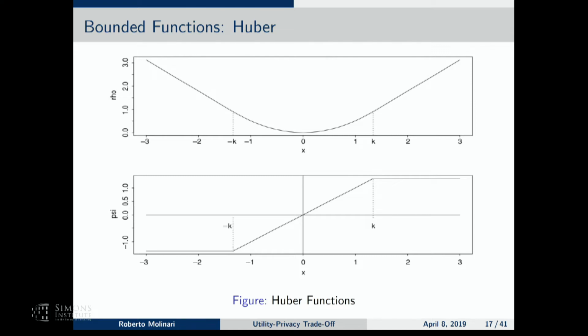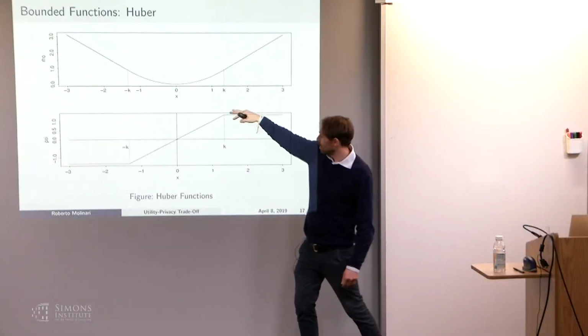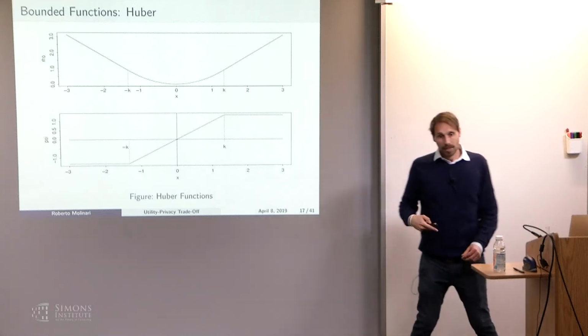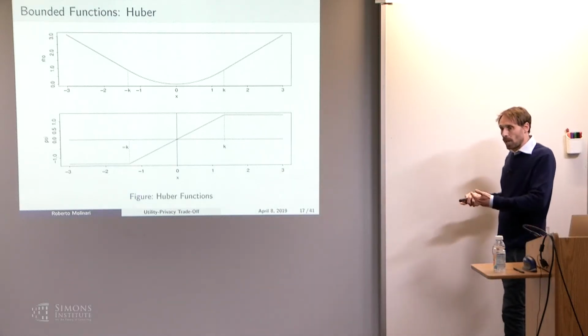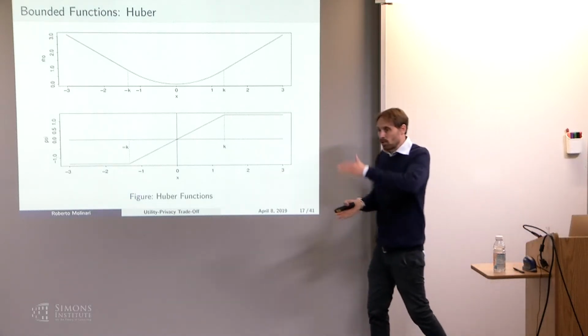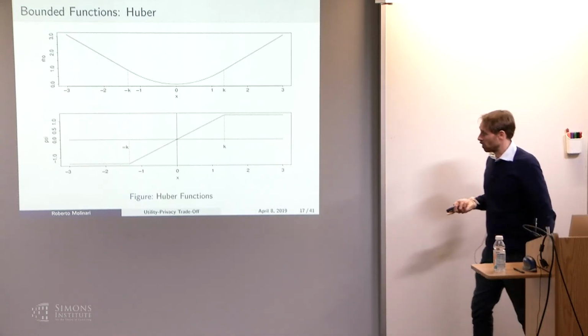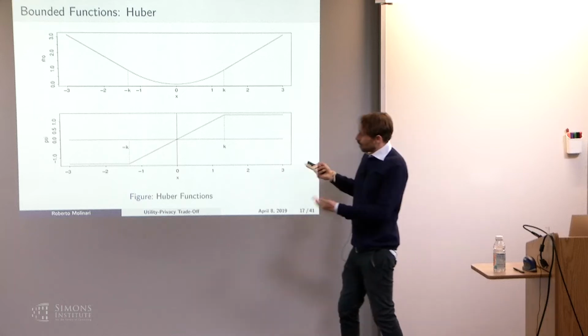If this goes to 0, it becomes linear, and so we have an L1 problem. In this case, as you can see, the derivative is bounded between these two values determined by k. So the idea is we apply a bounded function in order to bound the sensitivity and the influence function of my estimator or my algorithm. Okay, so given this,